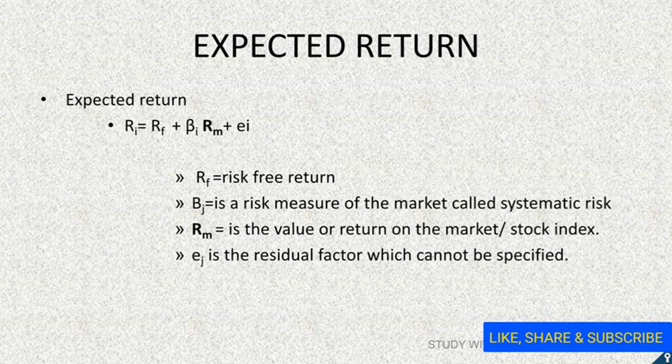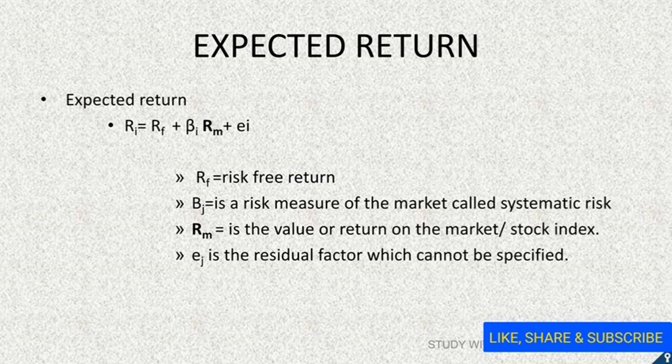We all know that the return of the individual security depends upon two factors. One is the market and second is its own. When we are talking about the market and the individual security, then their relation is denoted by the beta, that is the systematic risk, and the own risk is denoted by the unsystematic risk. So what will be the expected return here? Expected return is equal to RF. It is also denoted by alpha, which means it is the excess return of the securities.